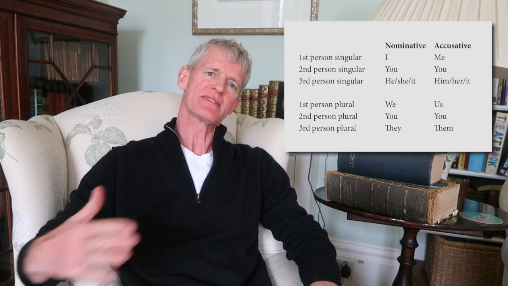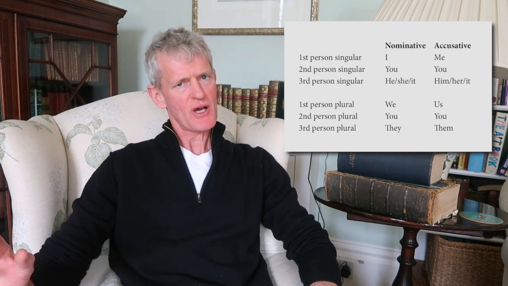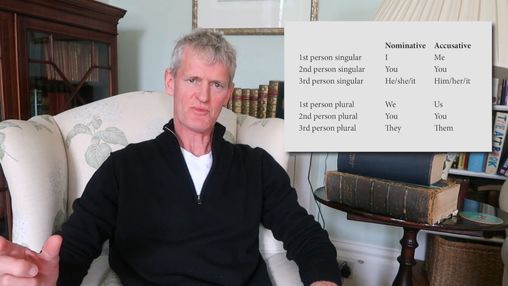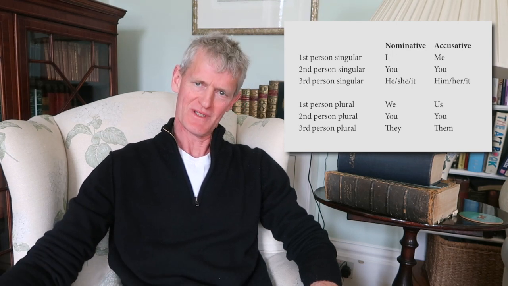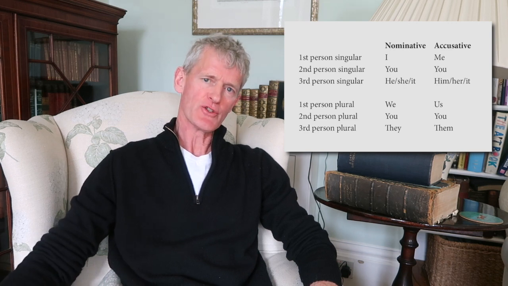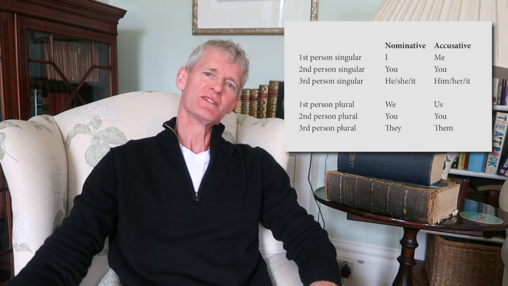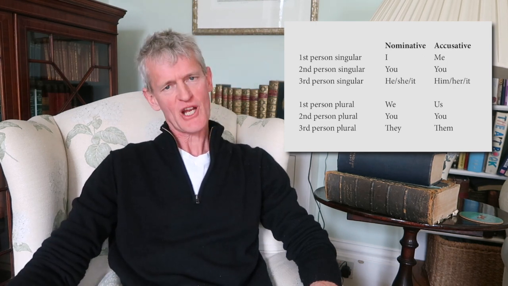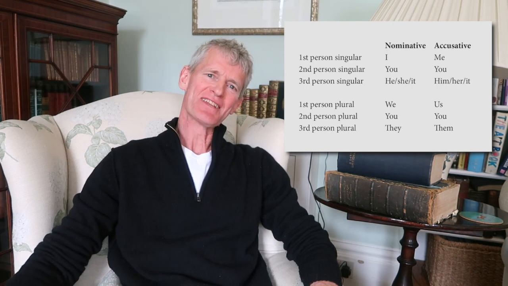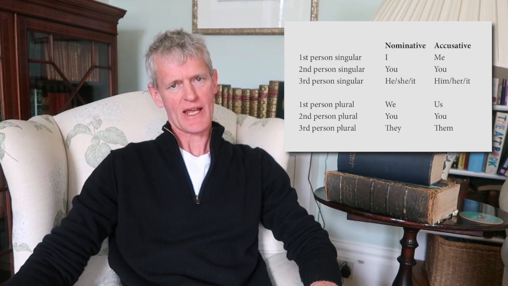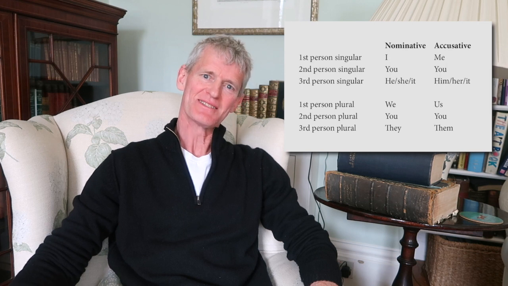The word me is the accusative case of the personal pronoun I. In the second person, there is no difference in English between the nominative form you and the accusative form you. So that's a nice easy one. You see me, I see you. Whether you are the subject or the object, the word itself is just you. Nice and easy. However, in the third person, it becomes a little bit harder again, because the third person masculine